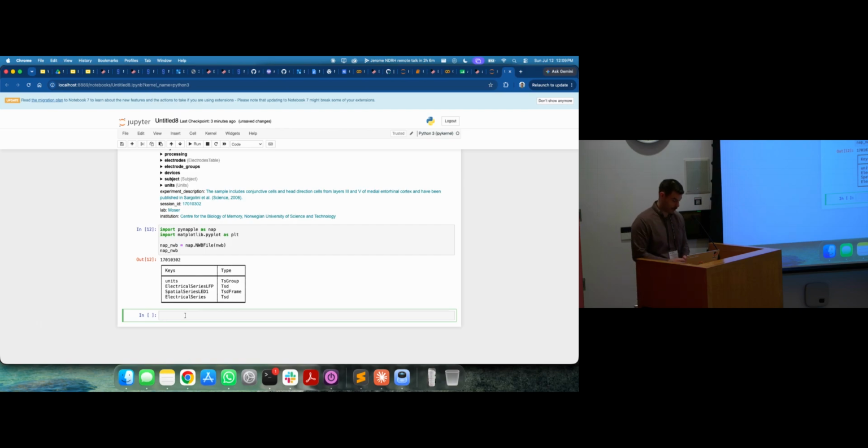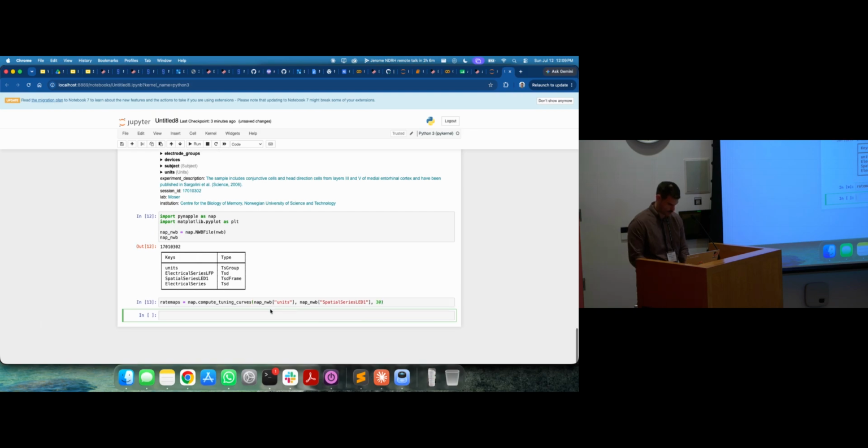So Pynapple also defines a lot of convenient analysis functions. So let's do rate maps equals nap.compute tuning curves, nap NWB units, nap NWB, and we'll say 30. Okay, so this is computing rate maps. It's already done. So for x in rate maps,